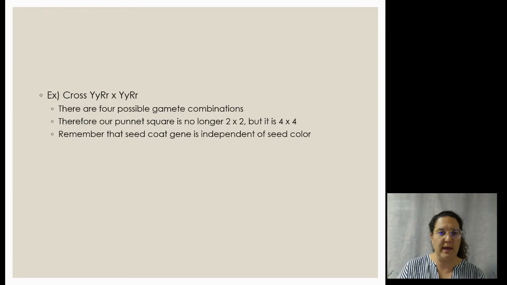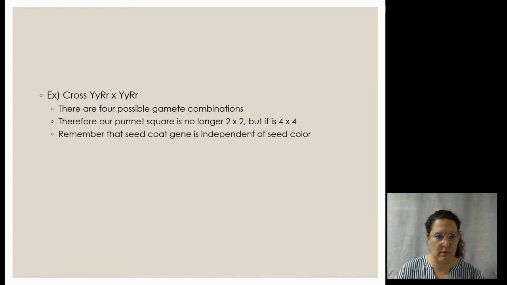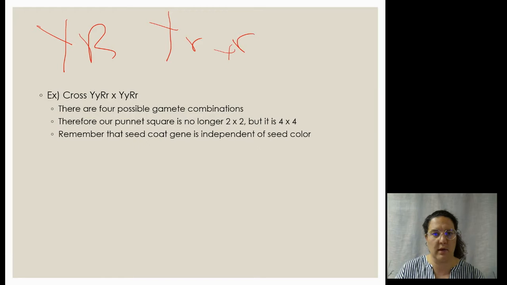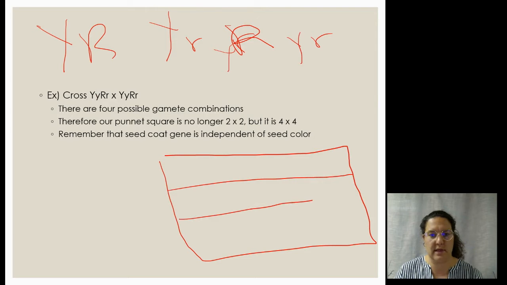So when we're looking at our parent genotype possibilities, we have the possibility of having a capital Y, capital R, capital Y, lowercase r, lowercase y, capital R, lowercase y, lowercase r for both individuals. So when we put in our 16 block Punnett square,